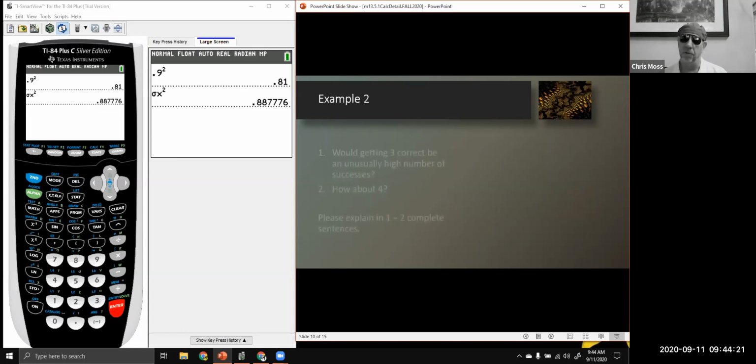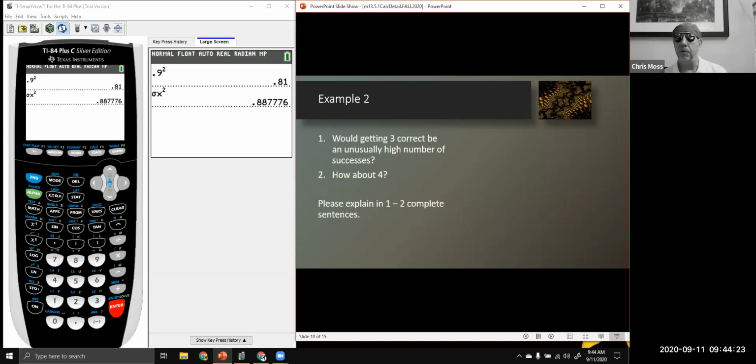Here's example number 2. Using that data that we just utilized, would it be unusual to get 3 correct? Would that be an unusually high number of successes? Remember, we didn't study, we made random guesses on this. Then we're going to ask the same question about 4 correct guesses. We want to explain this in 1 to 2 complete sentences, so we'll take a look at the structure there